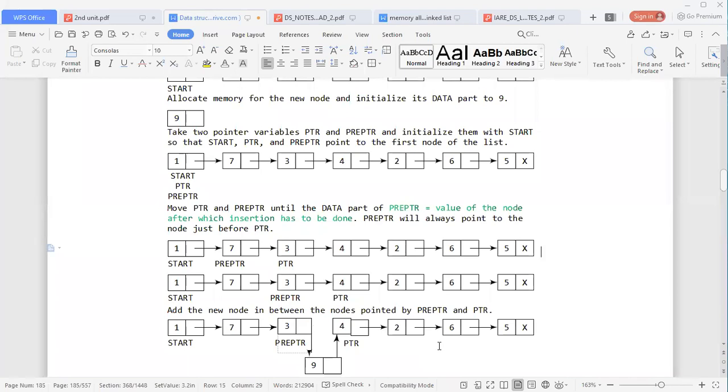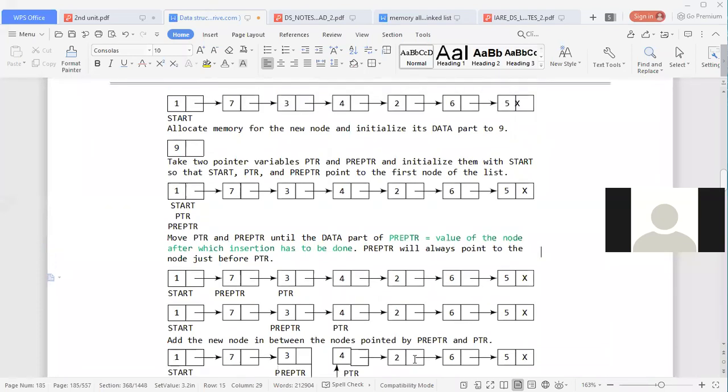Roll number 67 and 77. Sir, is the concept clear to you? Yes, sir. So what we did is, we had a linked list with 7 different nodes and we created a new node from the available list, got a new node from the memory and added data 9 on it. These 2 steps, understood?